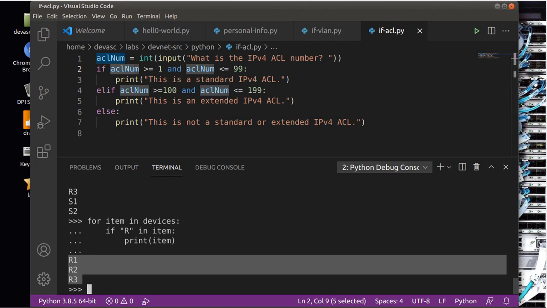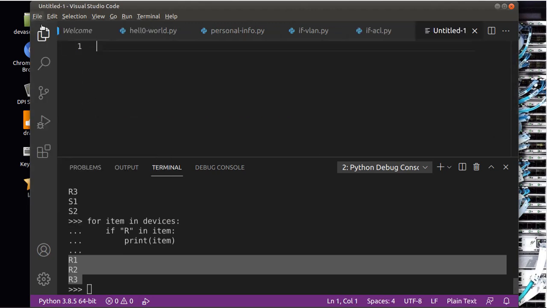Now we're going to create a while loop. You'll notice that our for loop ends when it has gone through the list. Our while loop will keep going as long as the Boolean expression is true. So it keeps evaluating, and it won't stop until this expression is false. So let's go ahead and create a new file, and we're going to save it as